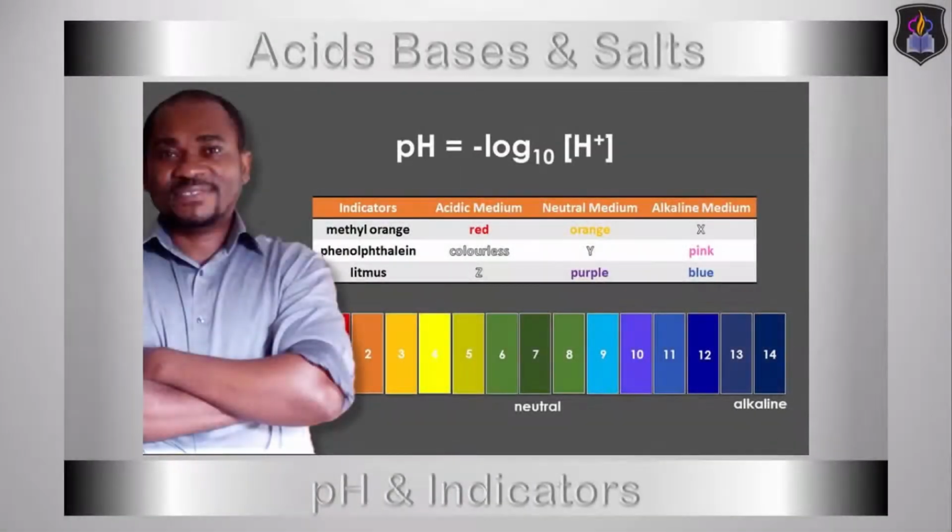In our last tutorial, we learned about pH and indicators and how to calculate the pH and pOH of a solution when you are given its concentration. If you'd like to learn more about this, check the link in the description. To calculate the pH of a titration mixture, you must first of all understand the concept of the concentrations of the acid and alkali. So the first part of this lesson is to learn how to calculate the concentrations of